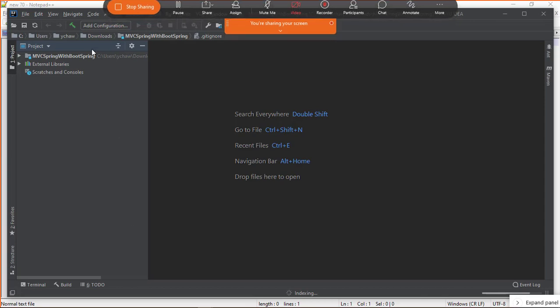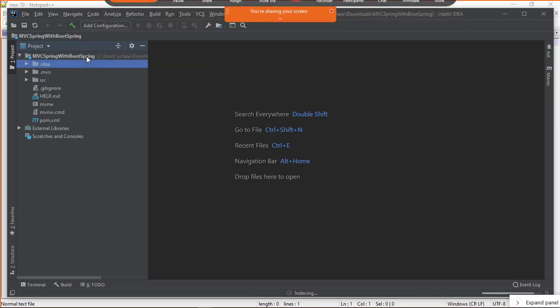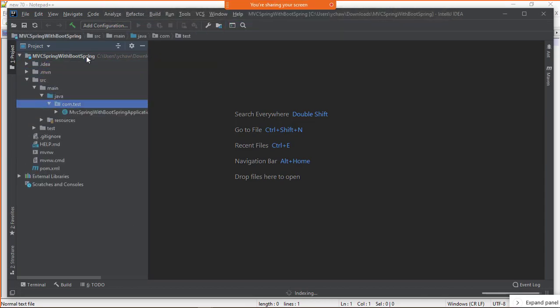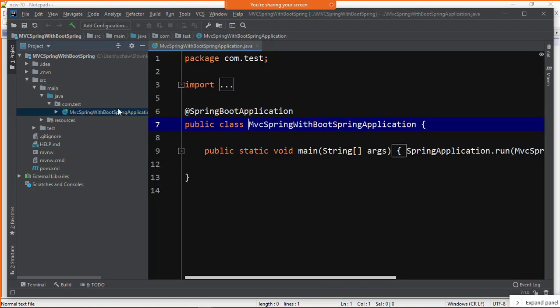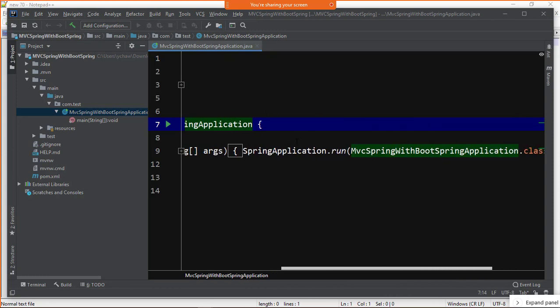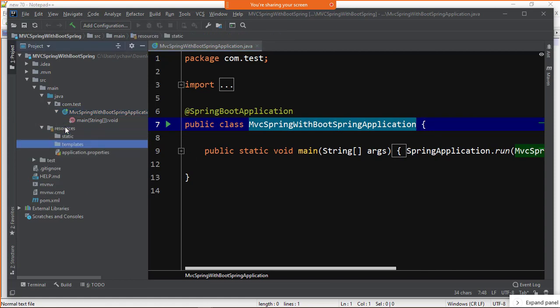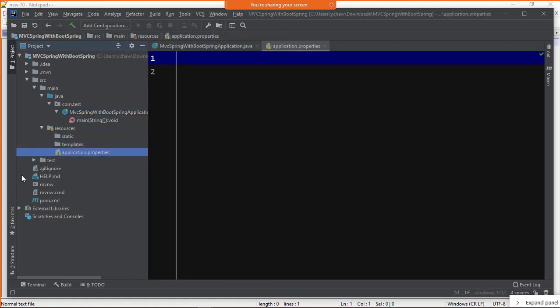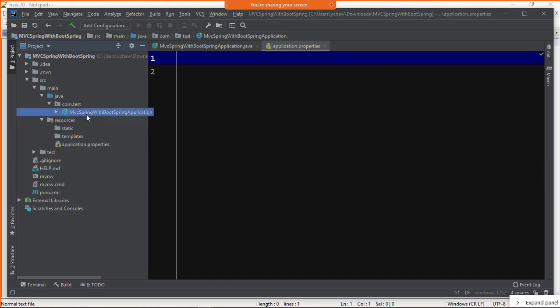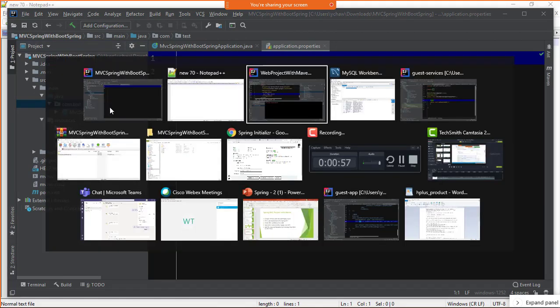Coming back to our project, yes, the project is created for us: src main java com test, and already one Spring Initializer class, an application initializer class that is already designed for us. Resources has got a static folder, application properties is empty. Now how shall I start? I told you we don't need the application initializer, we just need the application config and the home controller. So I'll go to my previous project.